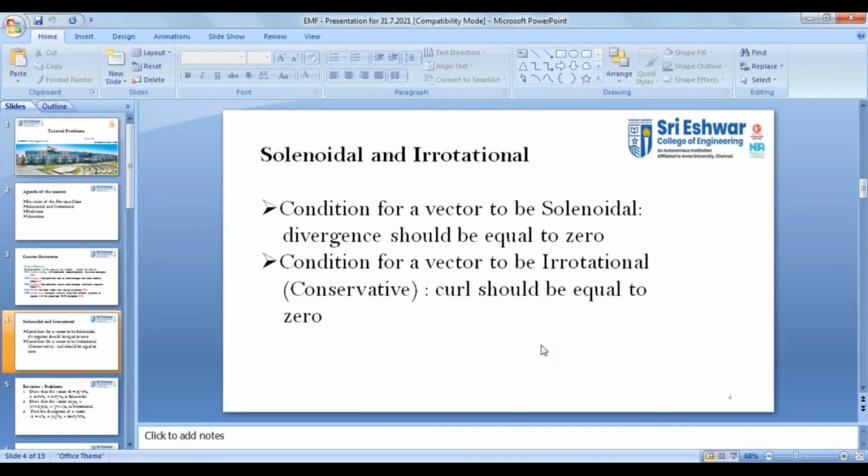So del cross the given vector. If you find this value, and it yields a result of 0, then the given vector is said to be either conservative or irrotational. Right? So every concept is thorough for you, right? For all the three section students. Any doubts you have, you can ask, because from the next slide onwards we'll be going to the problems. Yes, Pavitra, thank you for your acknowledgement.